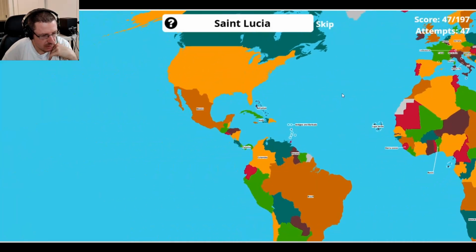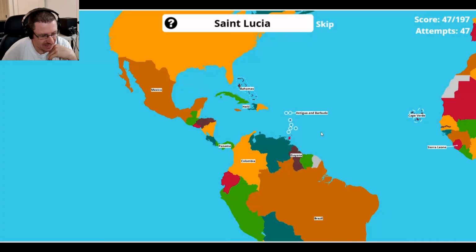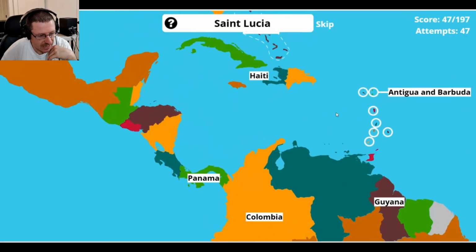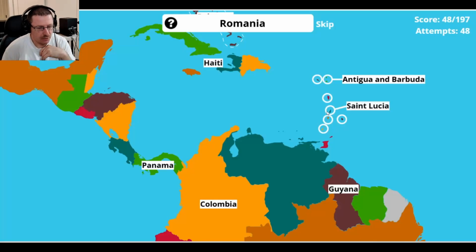St. Lucia. These can be difficult. When you're learning the countries, the Caribbean is mighty difficult because there are so many little specks of land. St. Lucia is the third one up, so I'm going to say it's right here. That's home to the St. Lucia parrot. It's an endemic parrot, meaning it can only be found in that area. If you go anywhere else in the world, you're not going to find this parrot. The St. Lucia parrot is only found in St. Lucia.